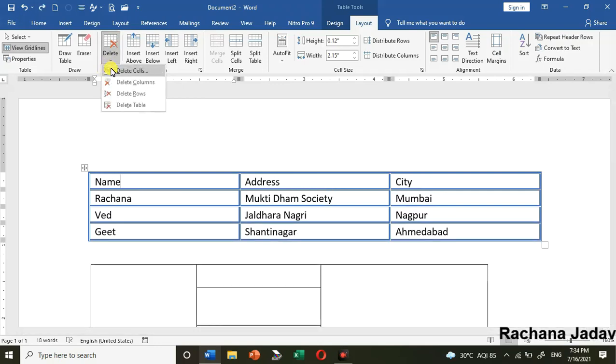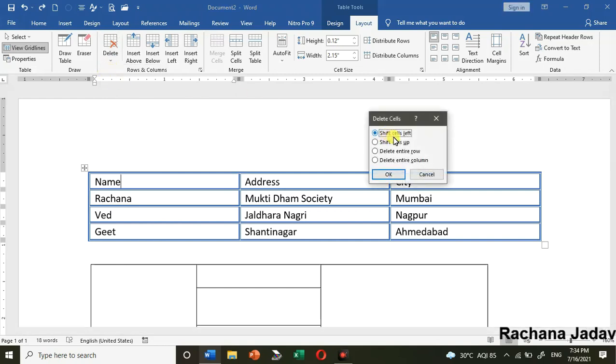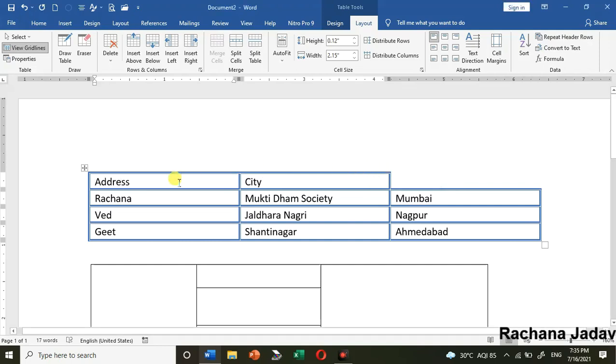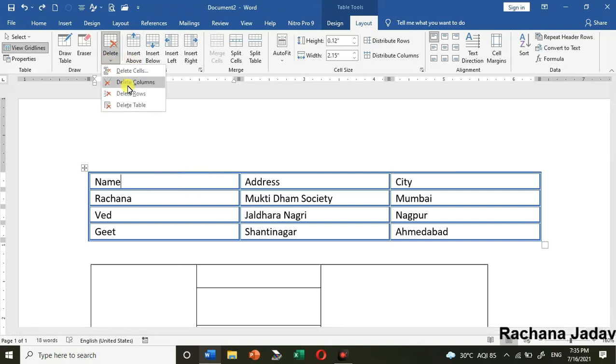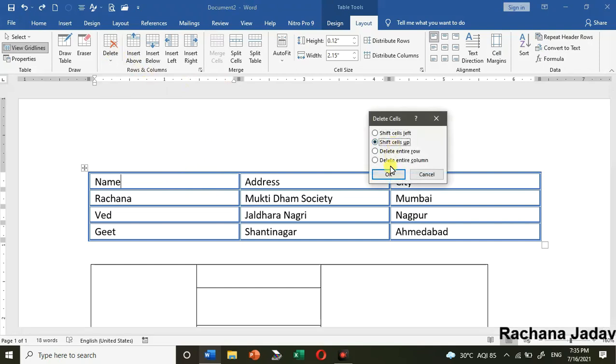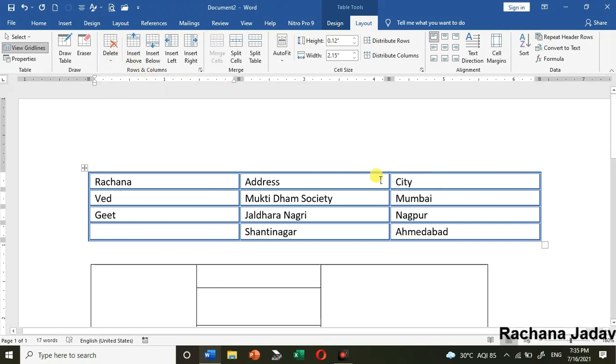If I want to delete the cells, so here the option will be opposite. Insert में जो options थे कि हाँ right and down, उसकी जगह आपको क्या मिलेगा, shift the cells left and up, or delete the entire row or entire column. तो you can see that left यानी ये move हो गया. If I'm going with again delete cells, shift the cells up, so what it will do here, it will come up. Okay. Now the next one is to split the cells.